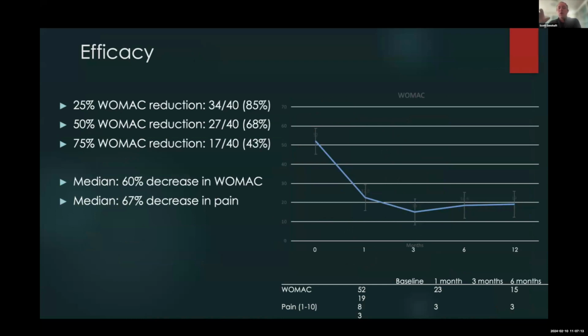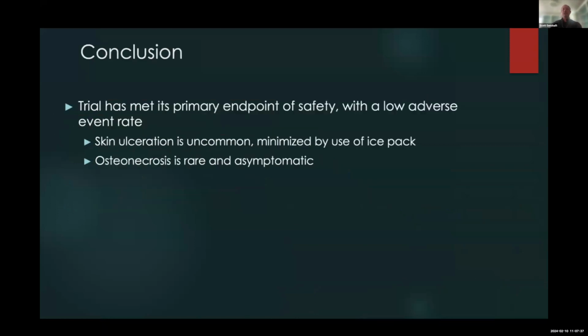And this was our efficacy. We defined efficacy as a 50% reduction in their pain score. In our practice, we don't believe that 20% really is meaningful. We want a significant decrease in the patient's quality of life score, the WOMAC score, to call it a successful procedure. Otherwise, it's very prone to the placebo effect. And we saw that in 68% of patients. When we looked at our 1-year analysis, almost all of those patients for whom this was successful still maintained efficacy. So that's at a year.